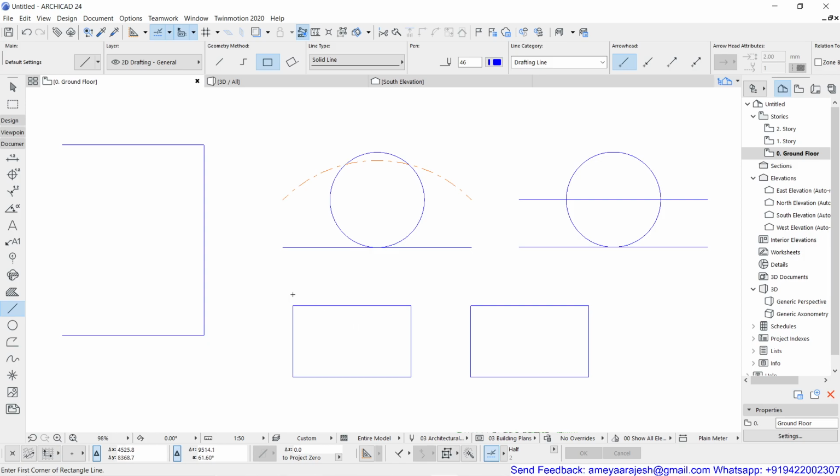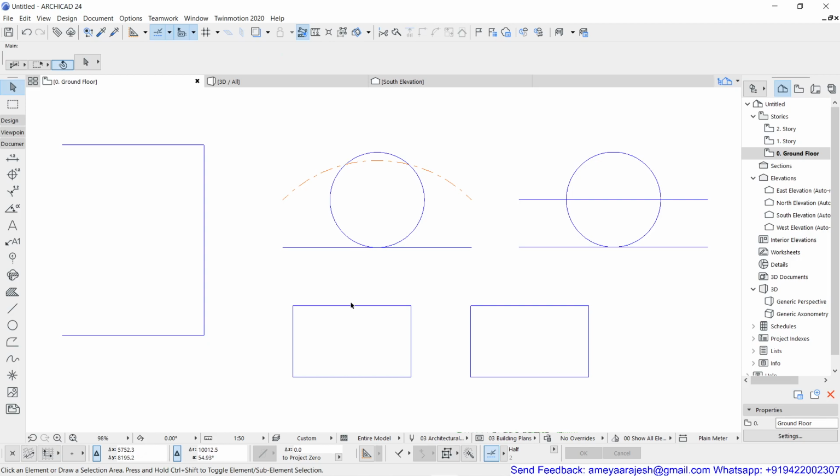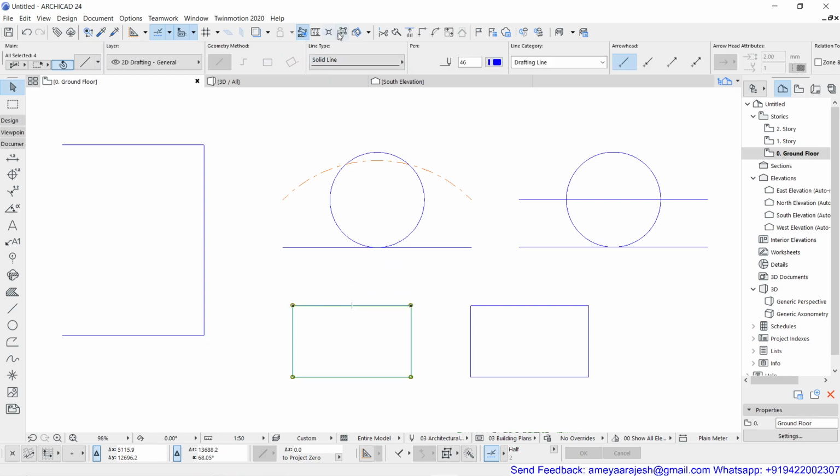Now if I press W to go back to the arrow tool and click over here, because the suspend group was off, I can select all the group members in one go. So that was my earlier rectangle, but this rectangle is no more getting converted into a group by default, because my auto group was off.